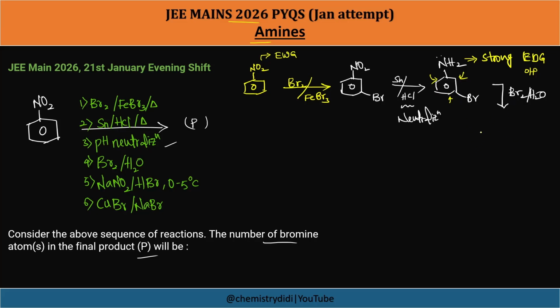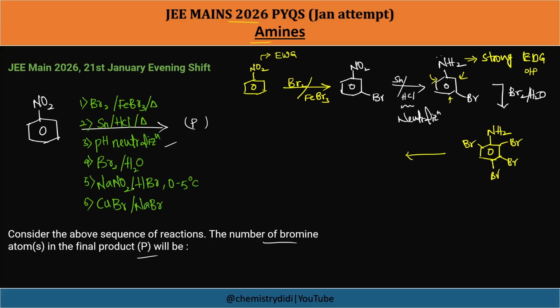Okay, so here the bromine will get substituted over all these three positions. Now we will get this type of product. We have bromine on the meta position, that will stay like that only, and here one more bromine will come, and here one more, and here again one more. Okay, so in the next step,